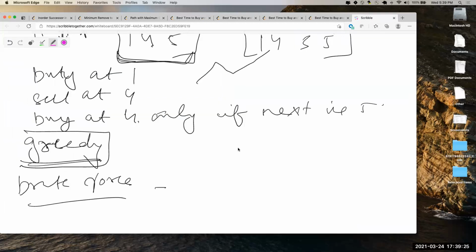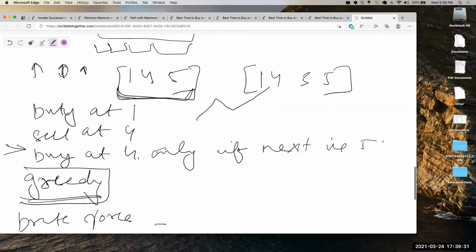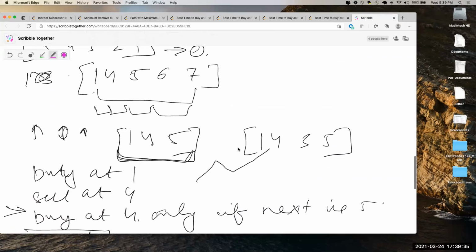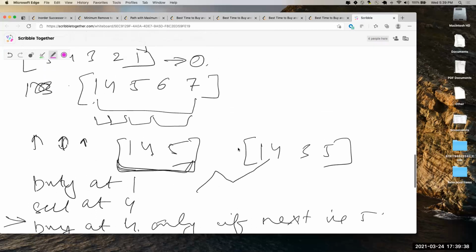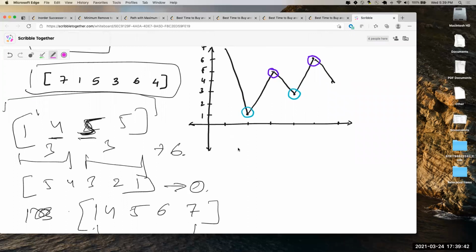Maybe after brute force is what I mean. I'm trying to understand how can someone even come up with this answer? Let's say even if you draw the graph, can we do this using brute force? You see the dips and the rises. So let's wait. We were at 713. This one. Right. And how do you do this?